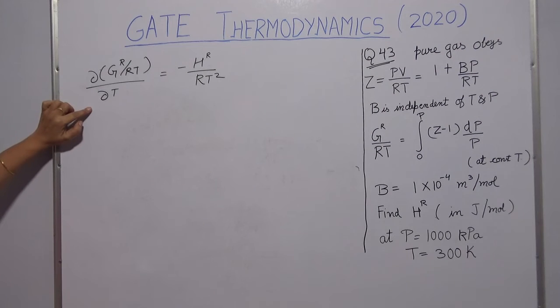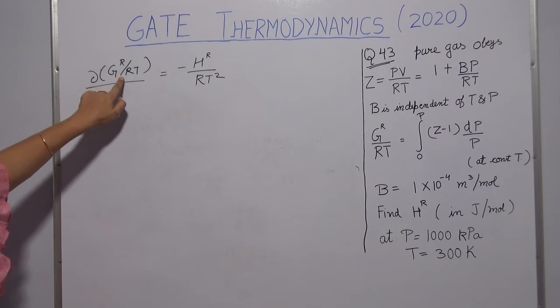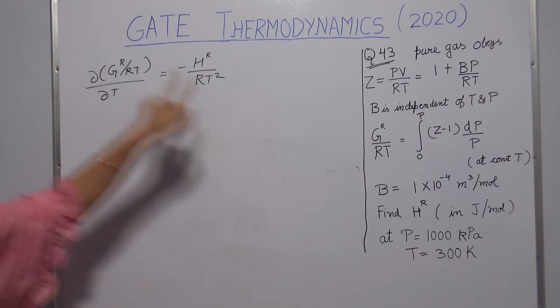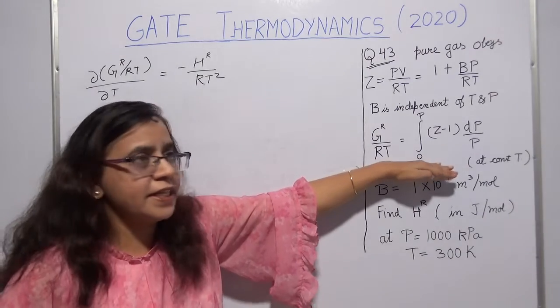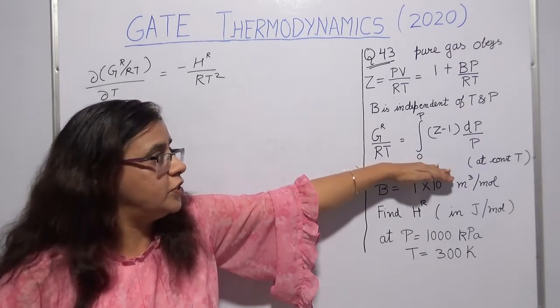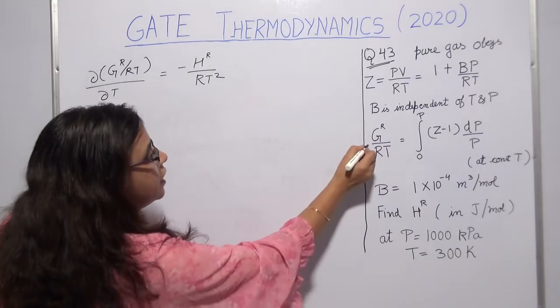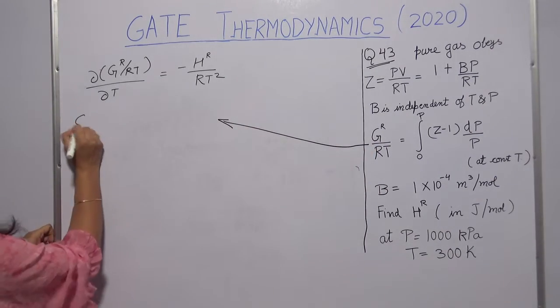Before we differentiate this quantity with respect to T, first of all we will have to find out the value of GR by RT. Now GR by RT you will have to first calculate by integrating this at constant temperature. So let's do that first. I am using this equation and integrating over here. So what I get is